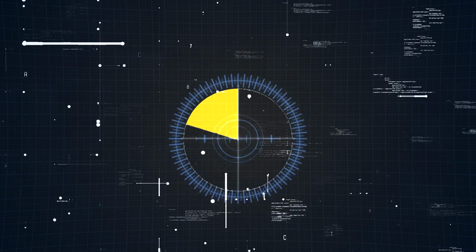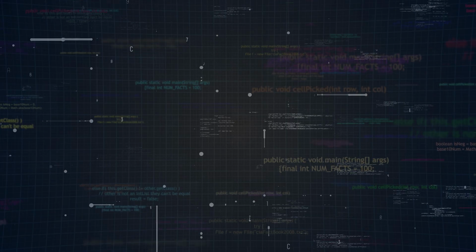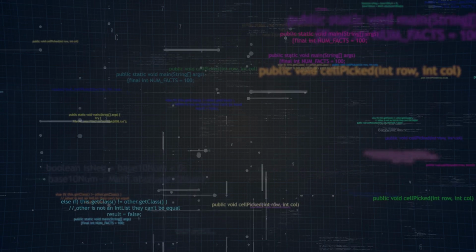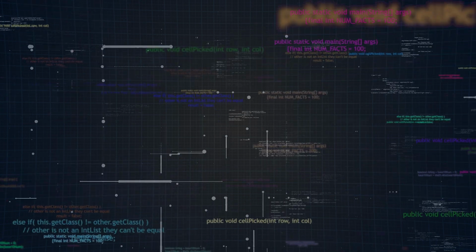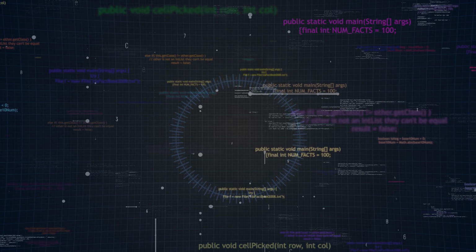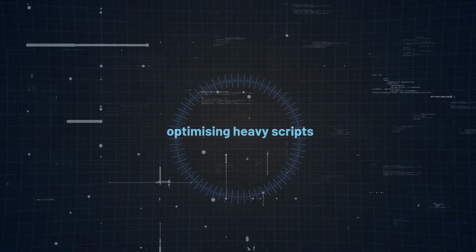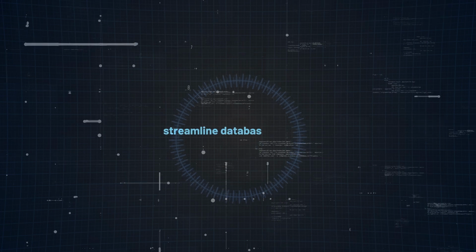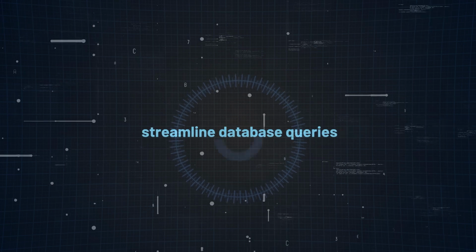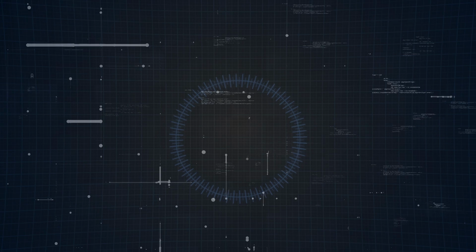Now that we have a solid understanding of the principle itself and have seen its impact through my own journey, let's go over some examples of how you can apply it. Picture you're trying to optimize a web application. Instead of tweaking every line of code, focus on the 20% that impacts performance the most. This could mean optimizing heavy scripts or streamlining database queries. By honing in on those areas, you will see the biggest performance gains.